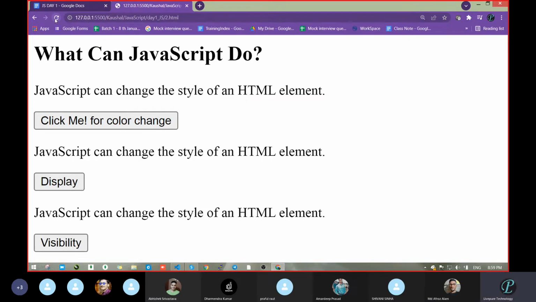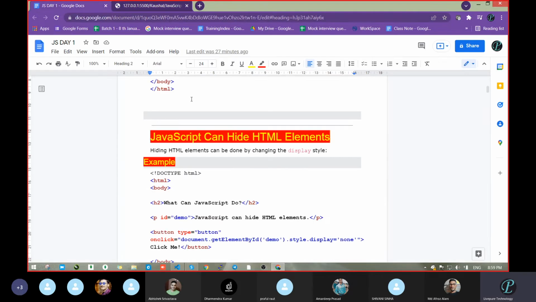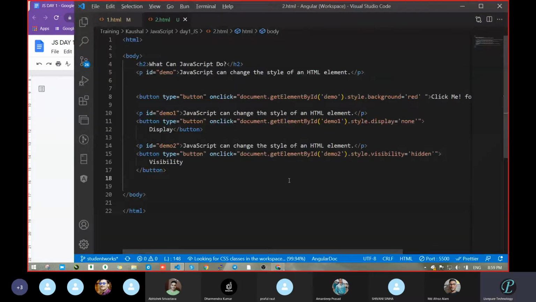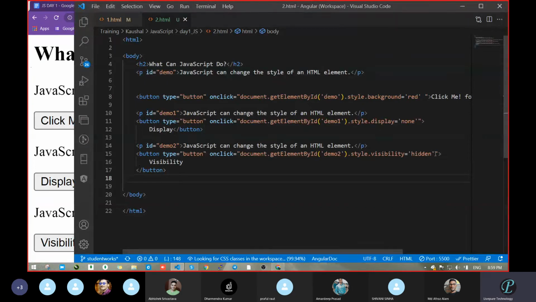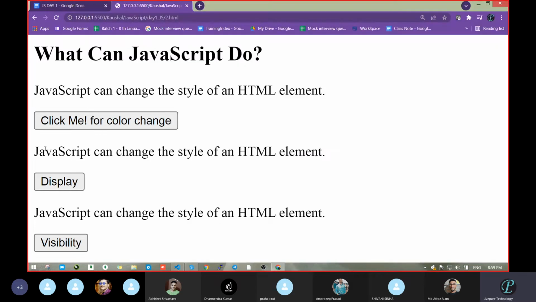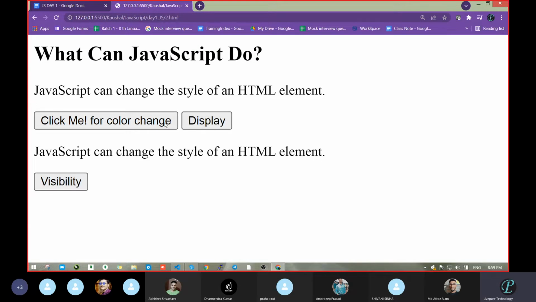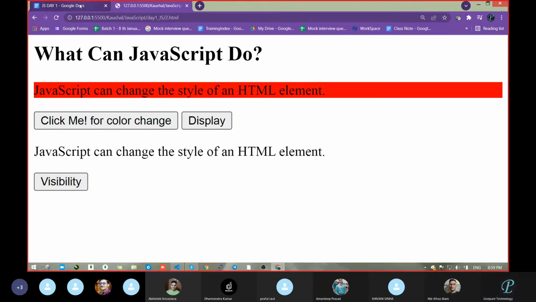Because this is a very interesting question for interview purposes. Okay, so we have done three things. We used the display property, the visibility property, a different property. And how did we use them? Just by adding dot style, dot visibility, then dot style dot display, whatever style we had learned, all that you can add. Means this becomes known as dynamic, because by default you get all the data, and when you click, you get something.